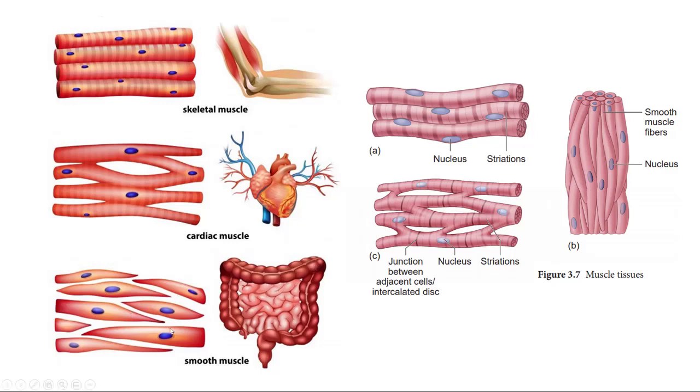Smooth muscle are mostly tubes in the body, so things that are carrying fluid, like your intestines and your blood vessels. You can see it's more like a Twizzler or a licorice that's spiraled together. The way this muscle works is it contracts by constricting blood vessels, narrowing the diameter, or it can relax by dilating and opening up the diameter. And that changes your blood pressure and your blood flow, and that's also controlled by the sympathetic and parasympathetic